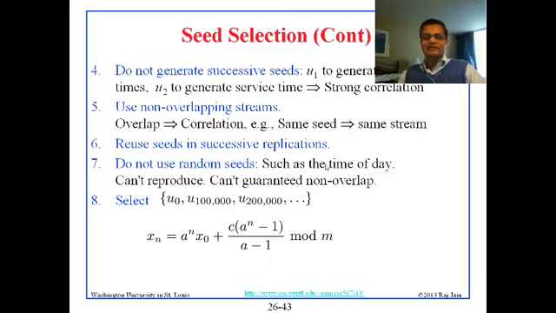Now here's the interesting, easy part. Reuse seeds in successive replications. Suppose you want to repeat the simulation 5 times. You have used the seed, let's say 1. When you finish the simulation, the number came out to 15. Just use that as the seed for the second replication. When you finish that, the number comes out 17, use that as the seed. What you're doing is continuing your stream,